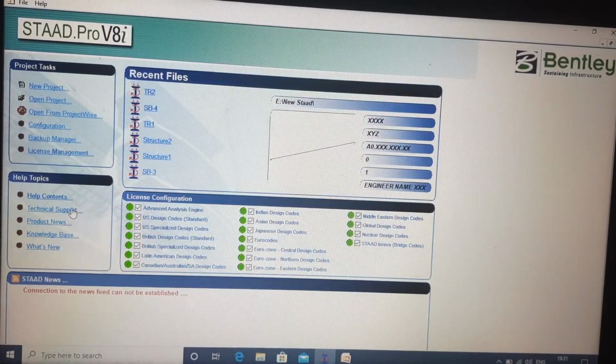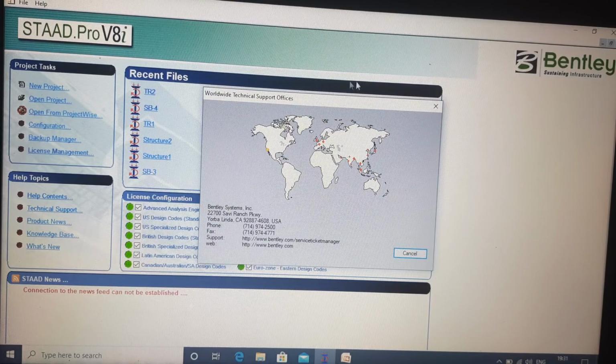The next button is your technical support. This is your global STAAD technical support button. If you don't get any technical help from your help content, you can go to their online web server, from where you can type your query, or you can phone them.